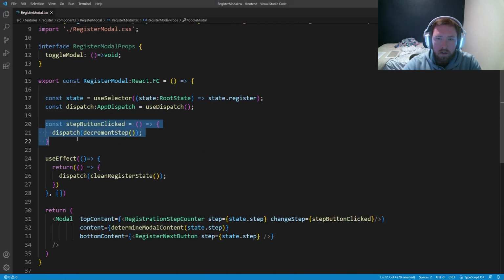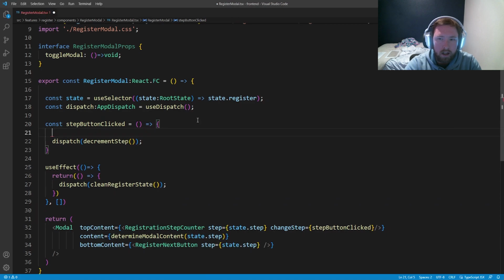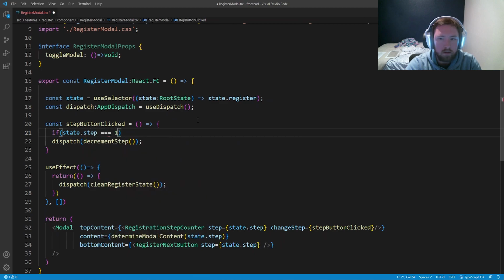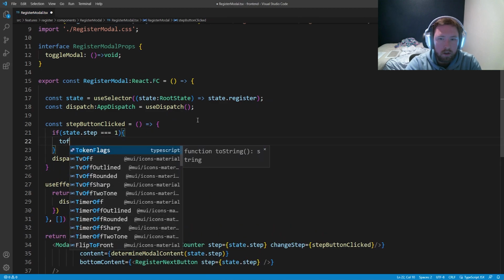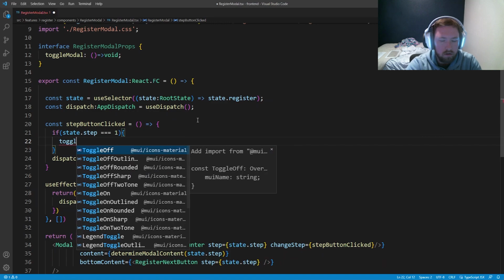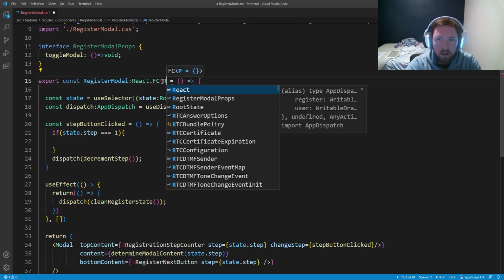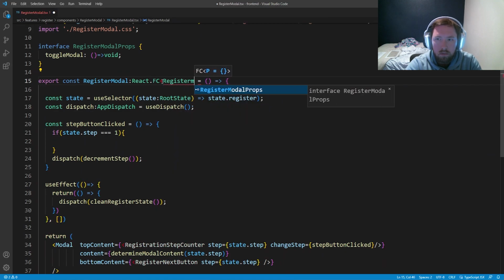Now inside of our step button clicked, we're going to want to add a check that says if we are on state.step equal to 1, we want to call toggleModal. But we also need to add it up here first. We'll add it here, and we'll say RegisterModalProps type here. And then we'll pull this in,